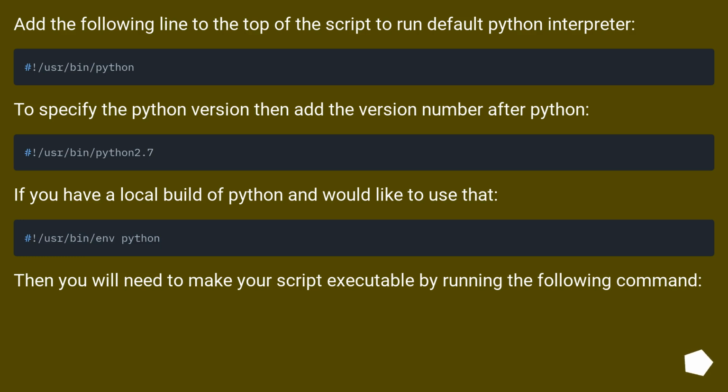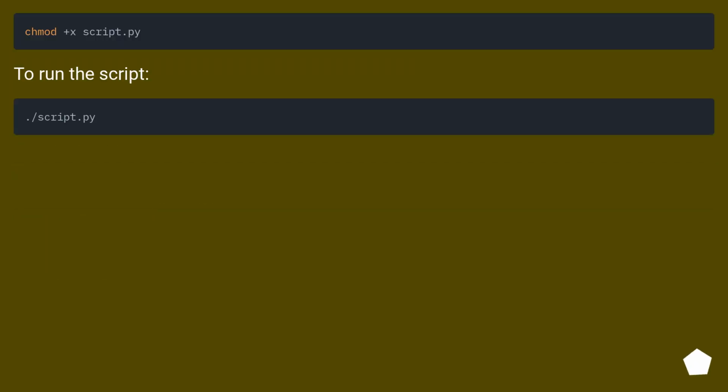Add the following line to the top of the script to run the default Python interpreter. To specify the Python version, add the version number after Python. If you have a local build of Python and would like to use that, then you will need to make your script executable by running the following command. To run the script,